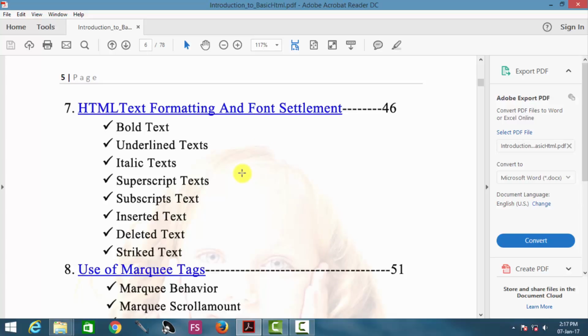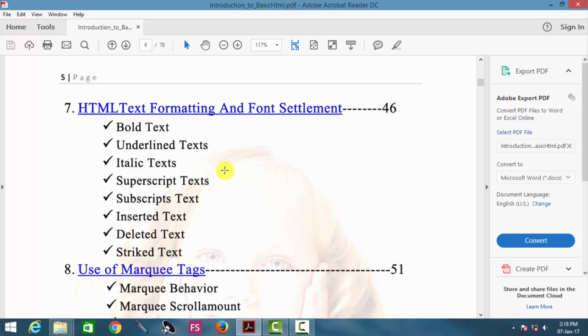HTML text formatting. This is a very vital part. That means you are styling your text and font tags, and you are trying to do something better out of those default colors. Like in case of HTML, you have seen the default page color is white while the default font color is black. But now if you want to stylize those things, like you want your font to appear in a yellow color and your page to appear in a red colored display, you have to make some amendments there.